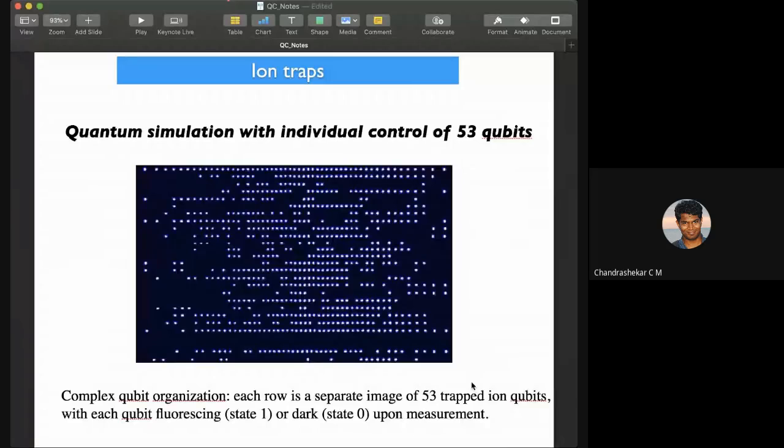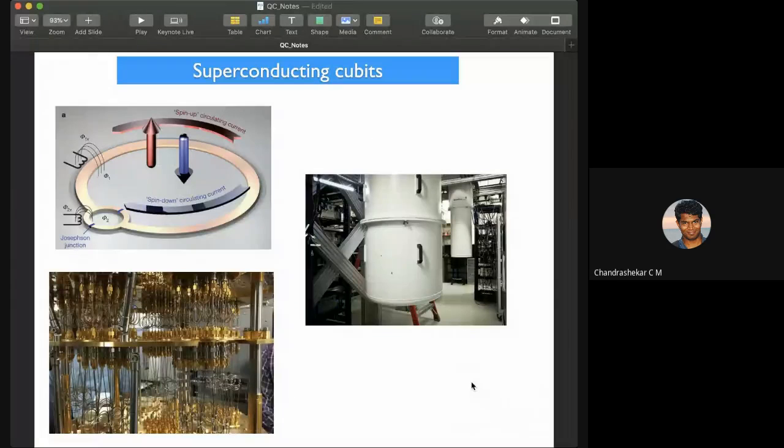Each row has 53 trapped qubits, and seeing a dot there and not seeing a dot indicates state 0 and 1 upon measurements. And finally, in any mission, all that you have at the end is a measurement output, and from that you interpret your result. So this has been done, and this is another form of quantum computers which has been built